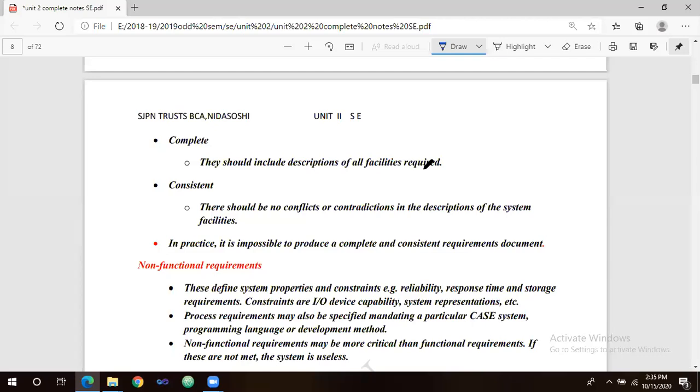Simultaneously along with software development, what is the documentation part? That is needed, and it is all included in software engineering. Hence software engineering itself is non-functional. What is a functional requirement? Your live software, the software you are going to develop, is functional.